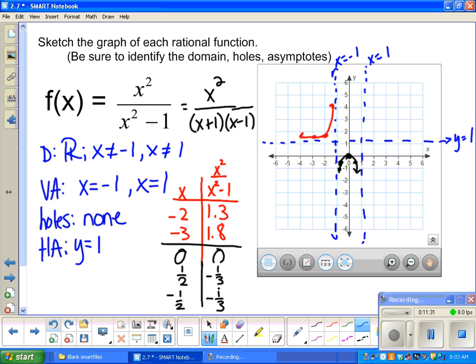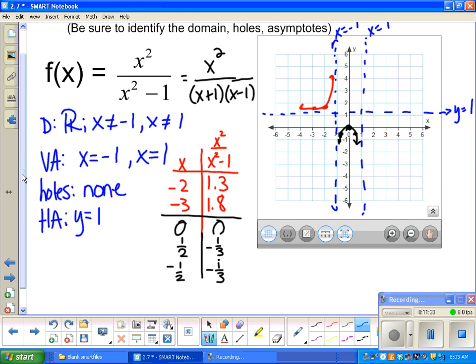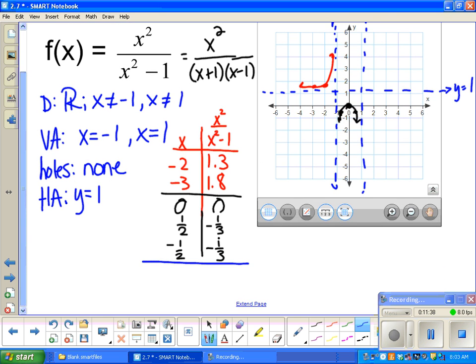Now we have to go and finish up, because we have one more section of the graph to do. So I'm going to choose the points 2 and 3. When I choose 2, I get 4/3, which is approximately 1.3. And when I choose 3, I get 9/8, which is approximately 1.8 again. So it's (2, 1.3), (3, 1.8). So this is going to graph like